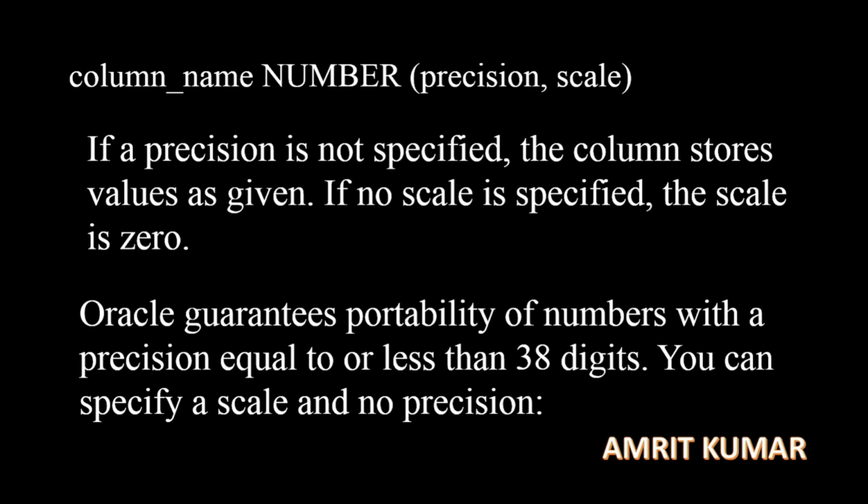So Oracle guarantees portability of a number: we can precise the value or not, we can use the number as a simple data type, or according to precision or scaling. These were all given by Oracle Corporation,